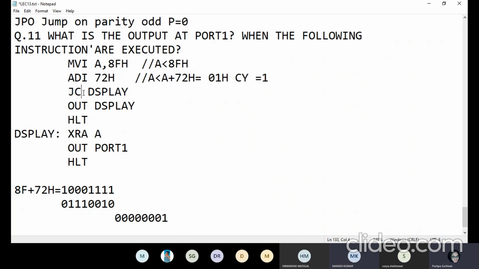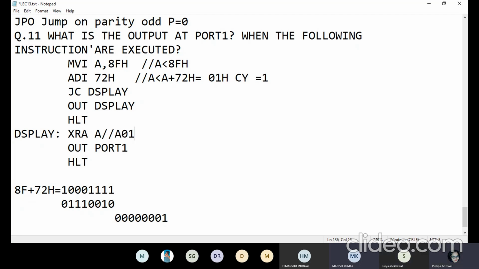Now the next instruction is jump carry. Jump carry means when the carry is generated, this condition will be true. Right now the carry is there, so it will jump here. Then we have to do A XOR A. What is the value of A right now? 01.